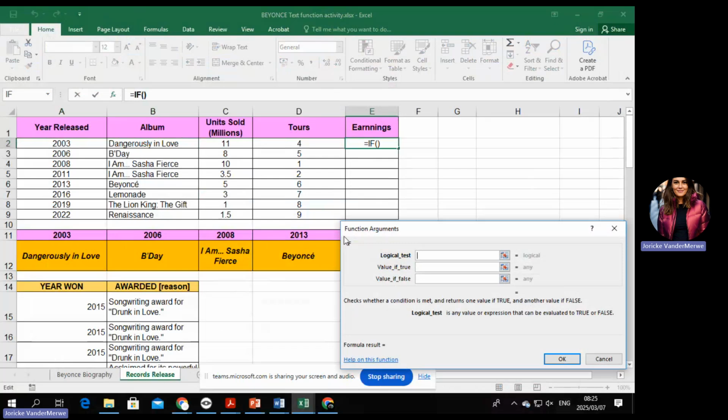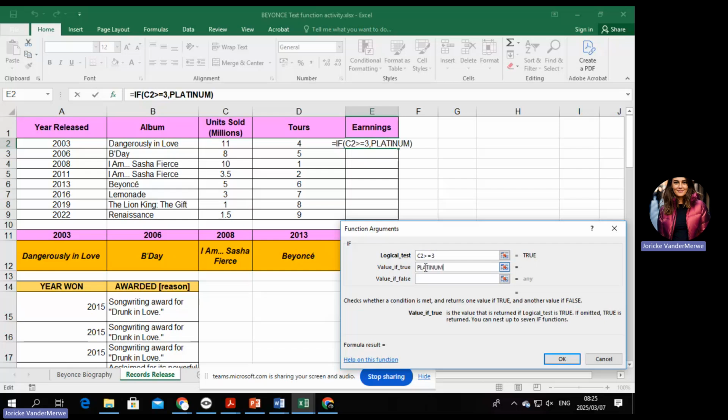The logical test is that we need to look up the value that is going to be the criteria. So 3 or more is actually bigger than or equal to 3. Then the value must be in the sales category, it's going to be platinum.